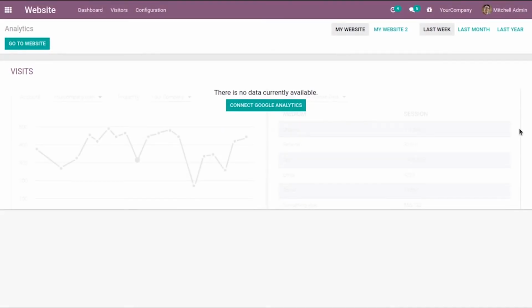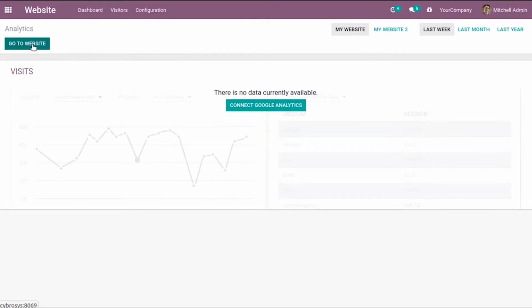Today we are going to discuss one of the new features of Odoo 14, that is a chart snippet. Using a chart snippet, we can organize and represent a set of numerical and qualitative data in a chart form on your website. So let us see how we can add a chart snippet on your website page.